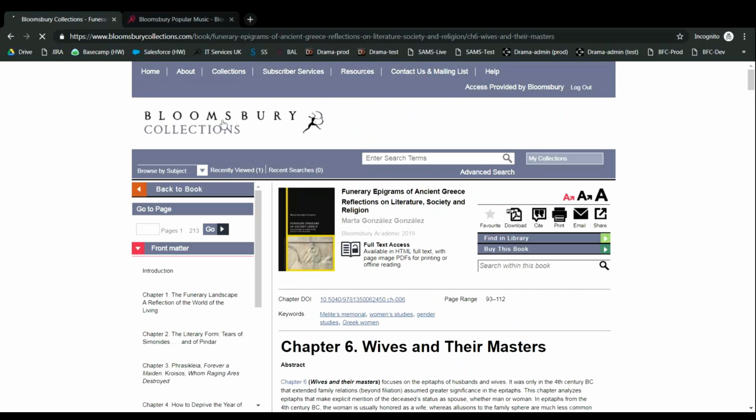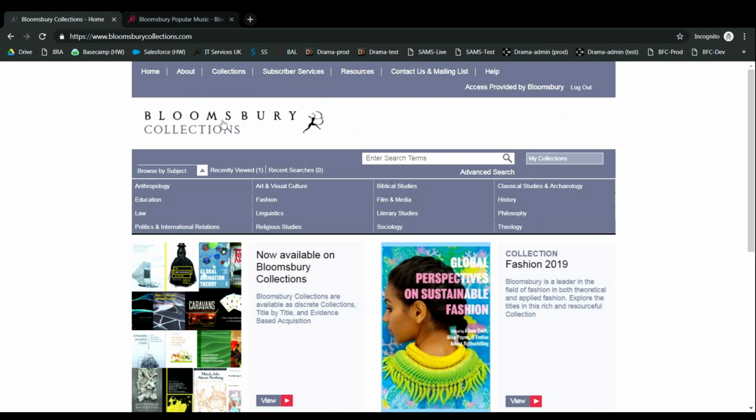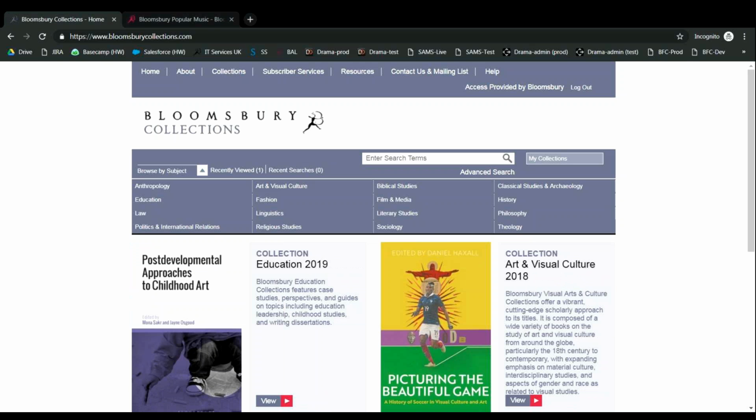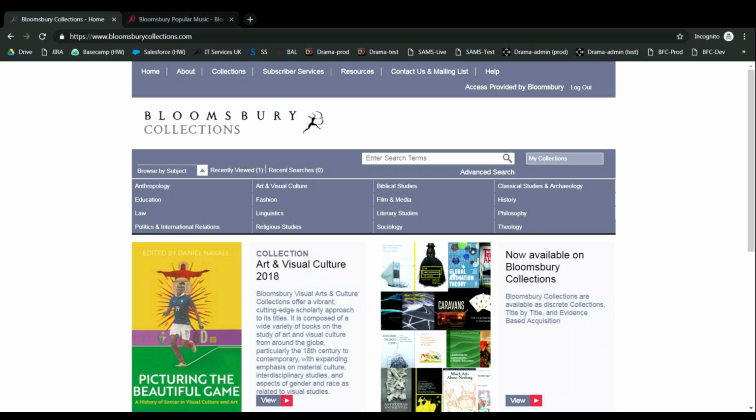There you go. The other thing I'll say about collections as well, but Matt, do step in if this doesn't apply, is that we also have a title by title licensing model where customers can, instead of buying a whole collection, choose from a list of titles that they want to have access to. But as I said, the best person to give you more details about that, if you don't have that already, is Matt. So I might say something wrong, but